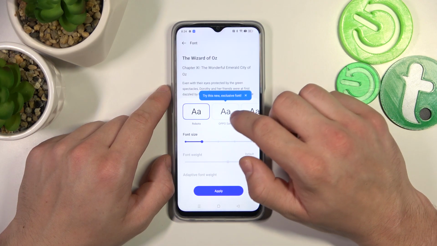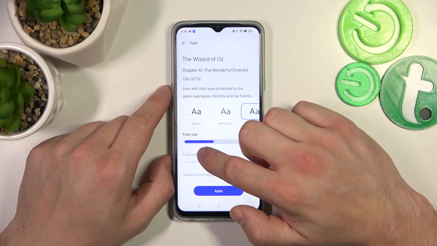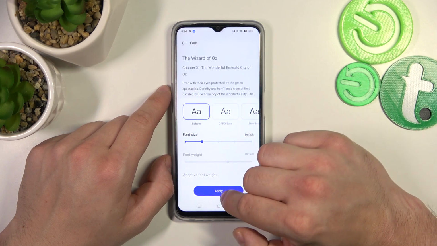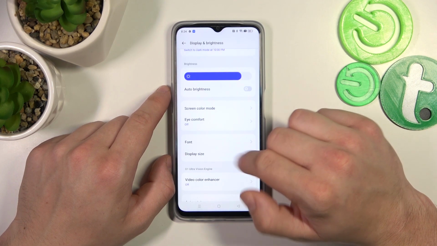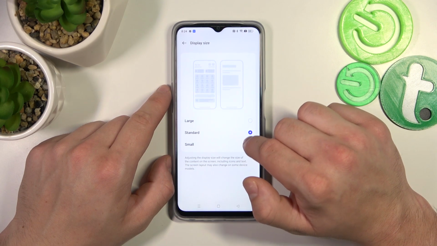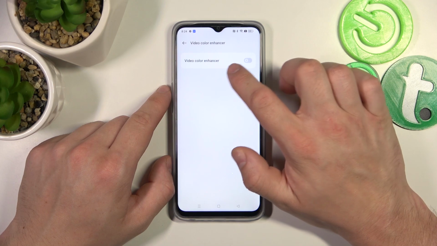Then we can change font, font size, and font weight. Next we can change display size between large, standard and small. Enable or disable video color enhancer,